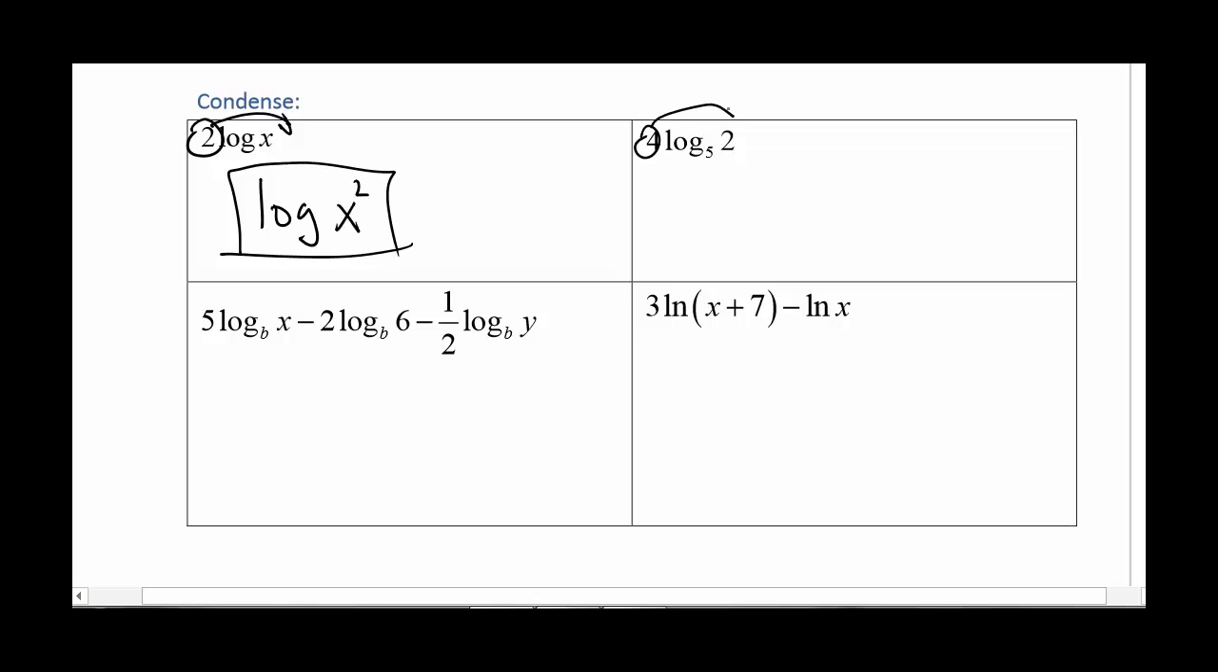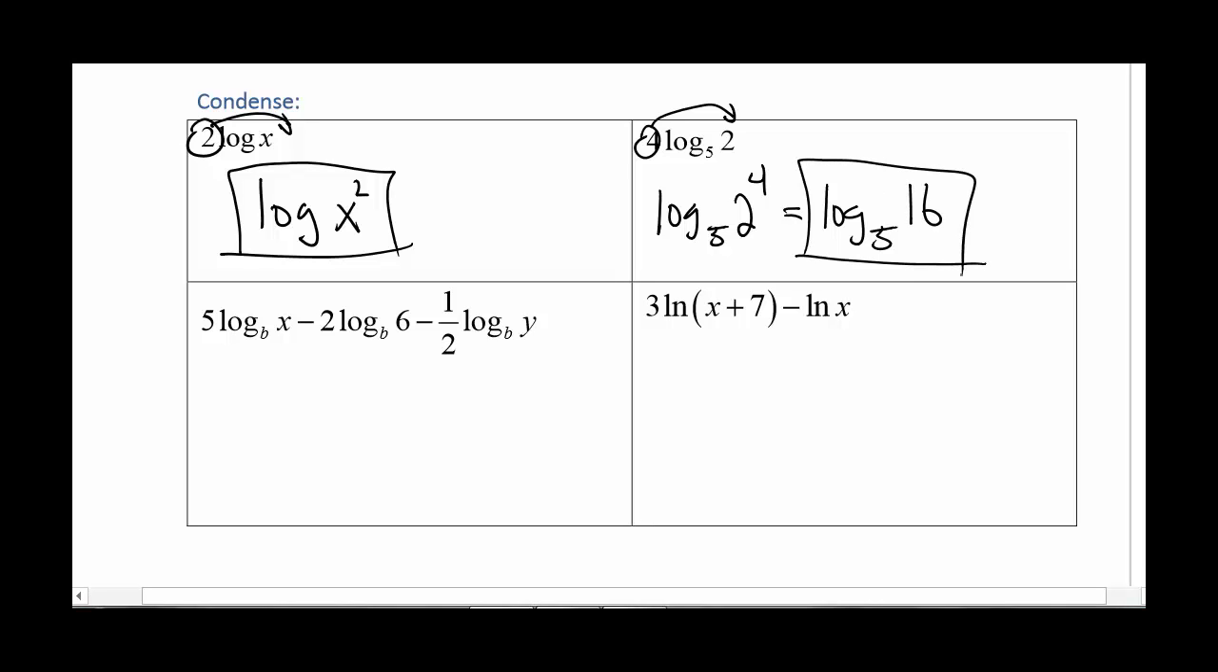Then I can bring this 4 up as an exponent. So log base 5 of 2 to the 4th. Now 2 to the 4th we can simplify even further, because 2 cubed is 8, so 8 times 2 gives us 16. So log base 5 of 16. All right, then we have